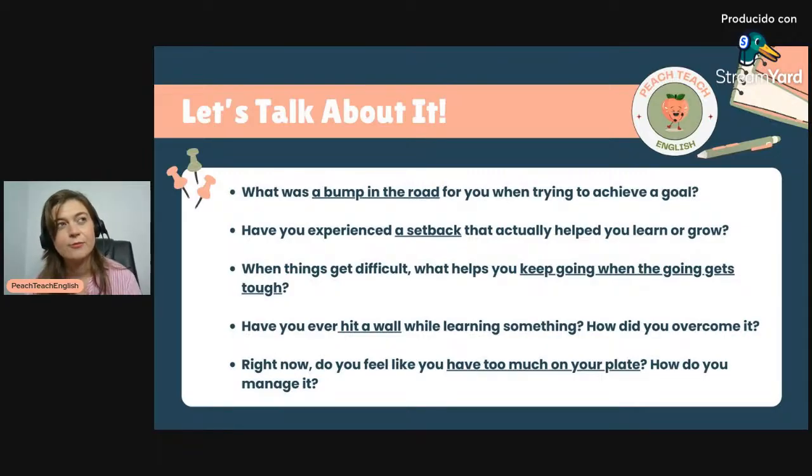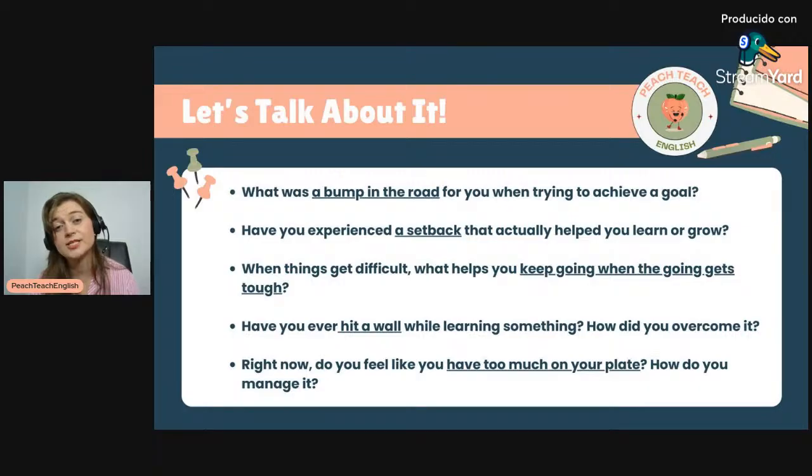So when I was in high school, I was 14 years old and I played soccer. And at that point in my life, I wanted to become a college athlete, probably for softball. And while I was playing soccer, I broke my ankle. And this was a huge setback because it meant I couldn't play sports for almost a year. And then when I could play again, my body was not in the same condition. I needed to train to get it back to where it used to be.